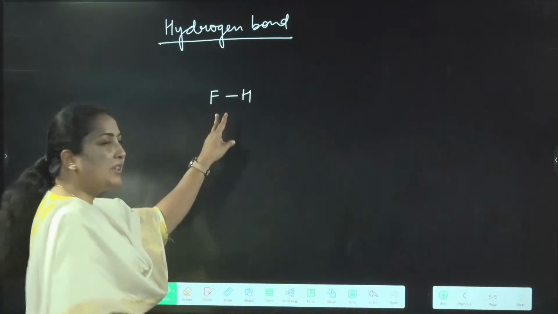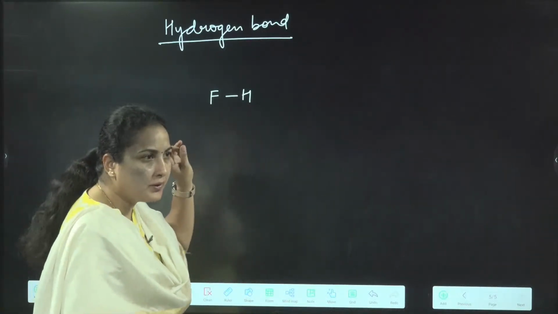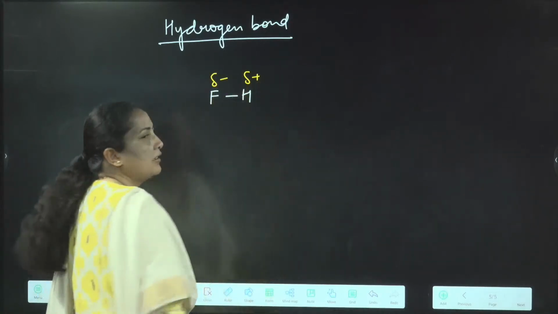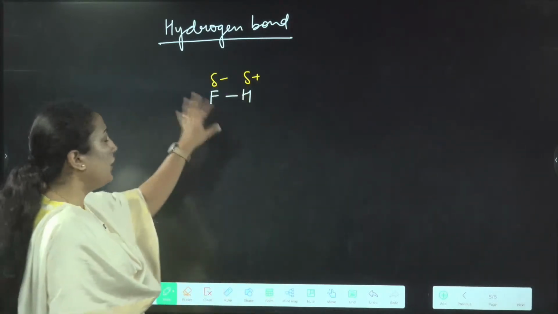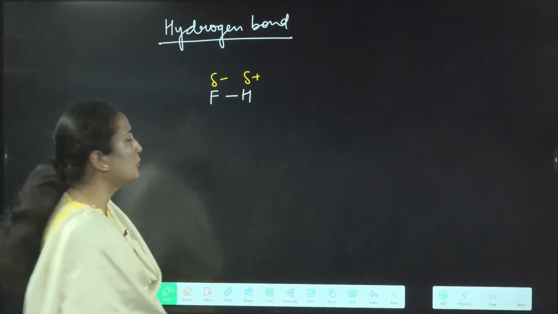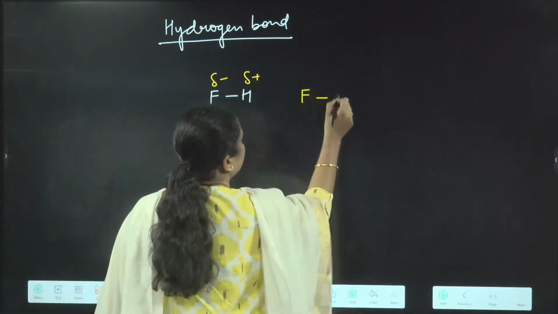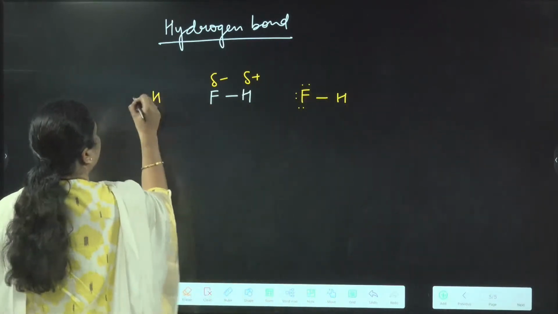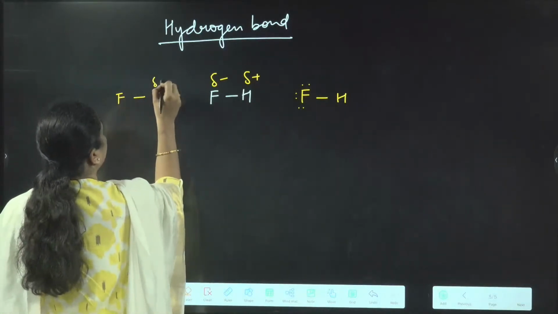Now, you are having this HF, there is electronegativity difference, right? So because of that, are you going to have delta plus here and delta minus here? Now, in the vicinity of this HF molecule, there will be other HF molecules also. So let us say there is another HF molecule. Are you able to see lone pair here? Here also I am writing another HF. Here it will be delta plus,